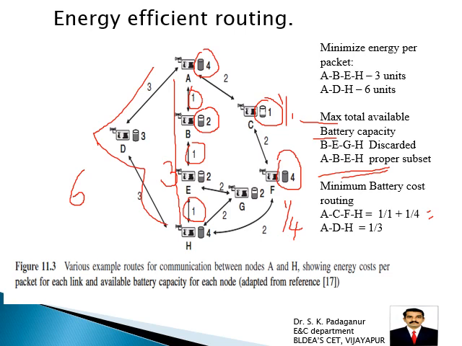Another one is ADH. Only one intermediate node is there, so we add only 1 by 3. This one comes to 1 by 3. So this is the best route when you consider minimum battery cost routing. Like that we have many things to study: minimum maximum battery cost routing, conditional maximum minimum battery capacity routing, and very important, minimum total transmission power routing. In all these we have to consider how much power, how much energy is required to send data from one node to